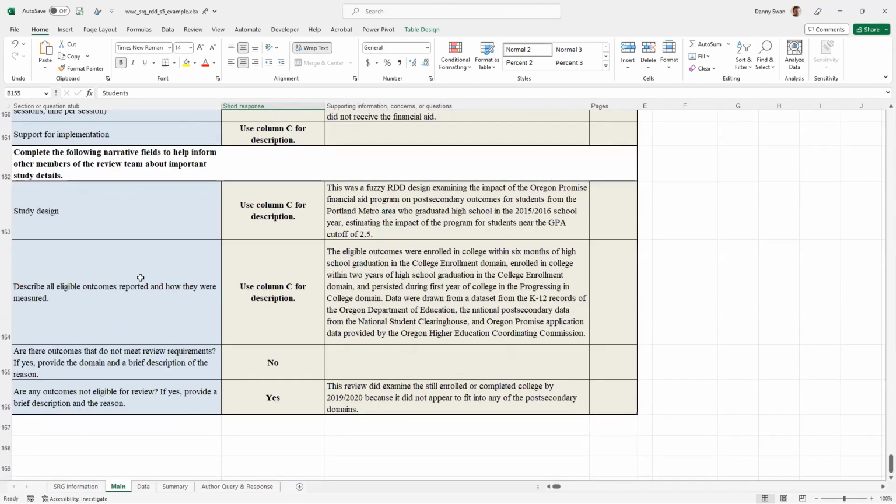Finally, there's a few other pieces below that. These are not going to end up on the website, but they are useful information for the reconciler, for other reviewers, other members of the review team that might look at your SRG and want to know what's going on. The only thing that I'll go into any detail about was there